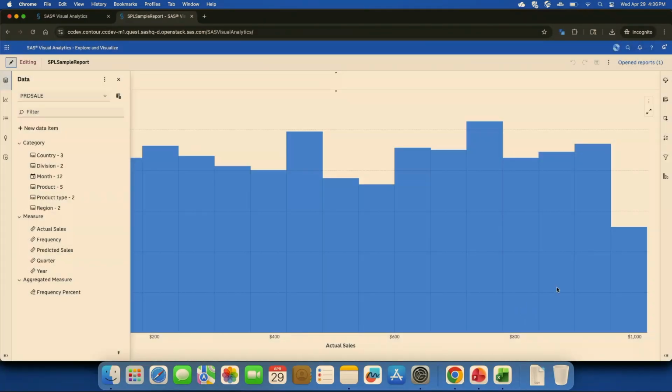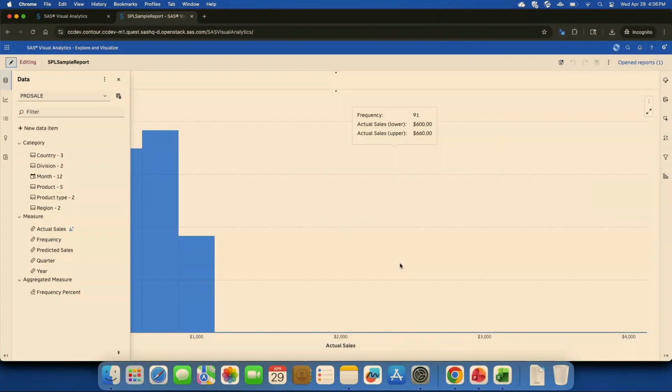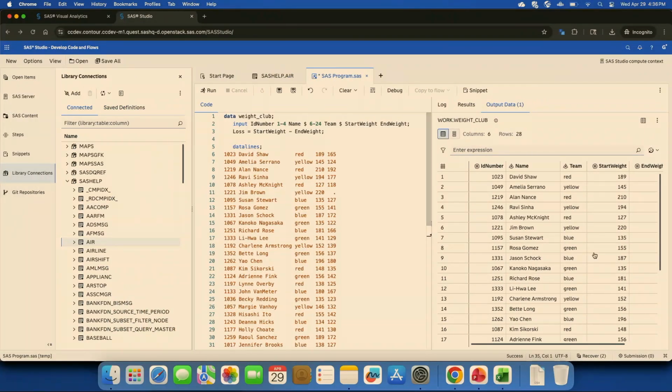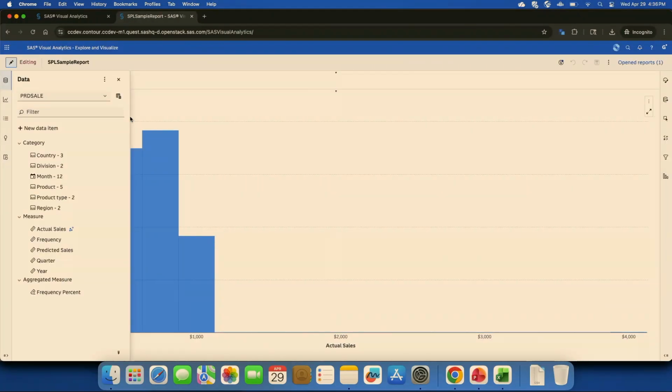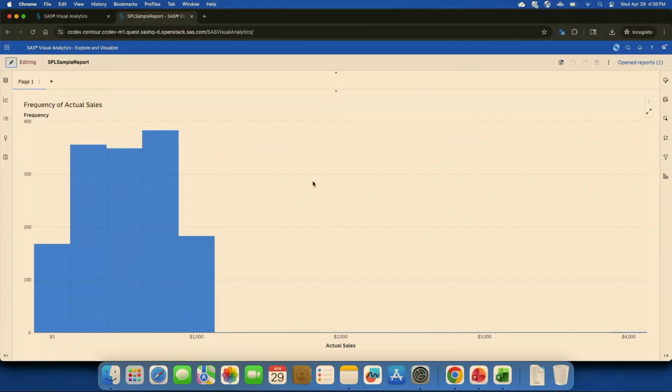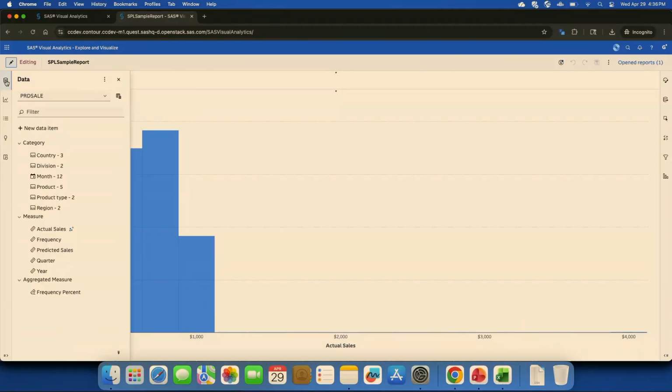When I close the data viewer, Visual Analytics is going to realize that the data has changed and refresh the data used in the graph here. So it's a very powerful way to do what-if scenarios or small tweaks to your data while you're using Visual Analytics.